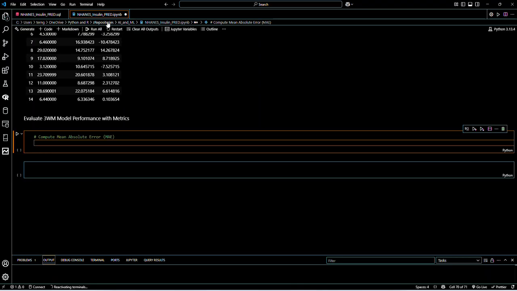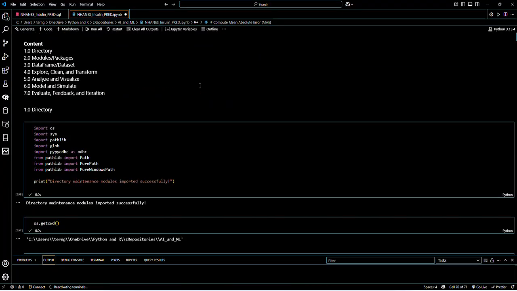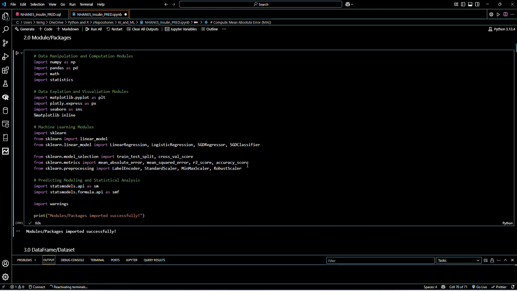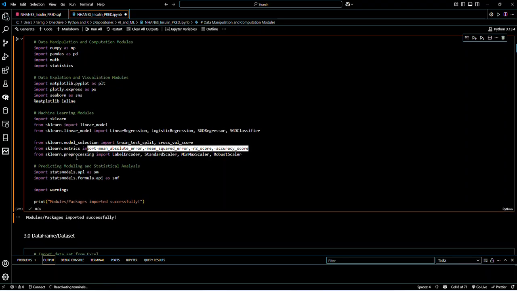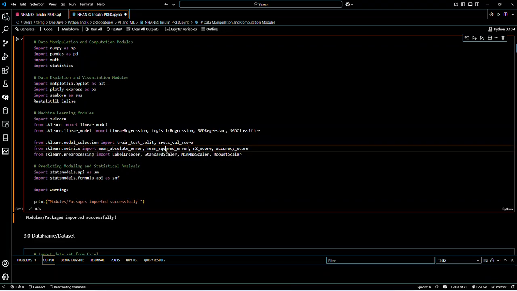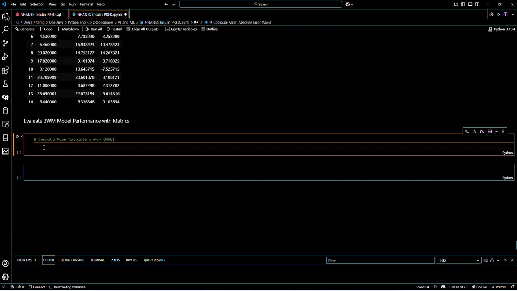Let me run this all first, so that the libraries I imported are loaded. Let me scroll all the way up to show you. Earlier, we also imported these metrics, so they are included up here. I have four, and I will be adding more as we go. Let me scroll back to the bottom. Then let's continue. MAE is equal to mean absolute error